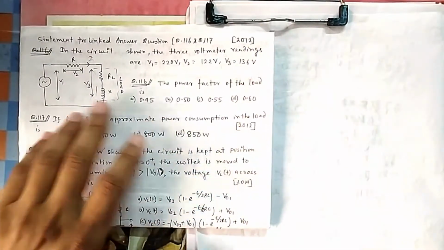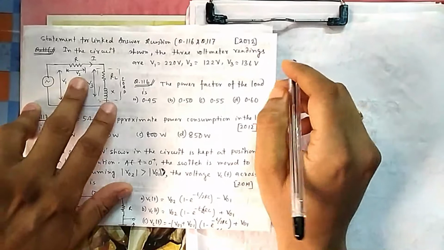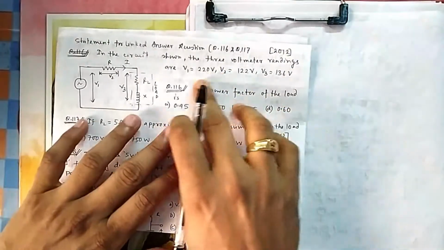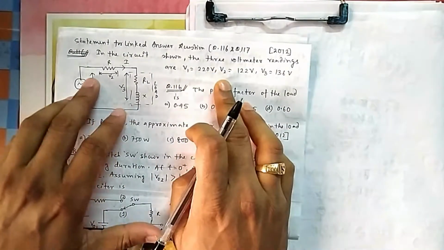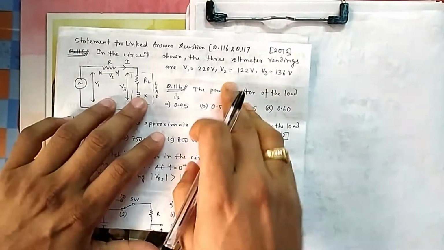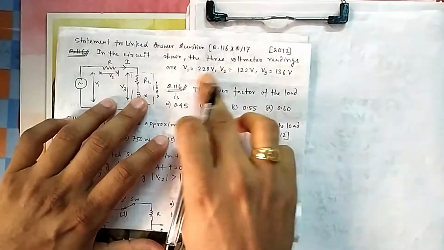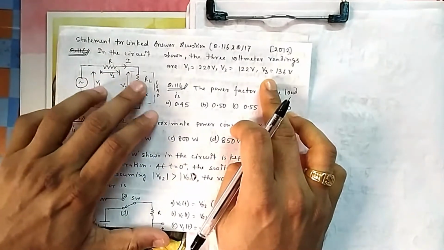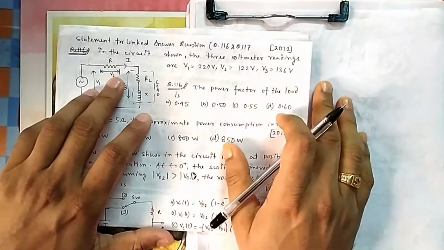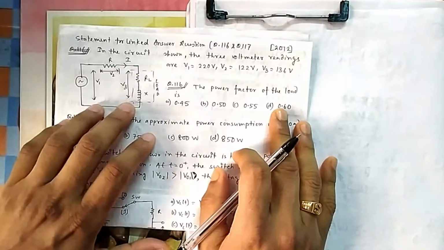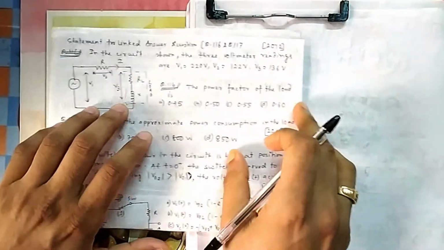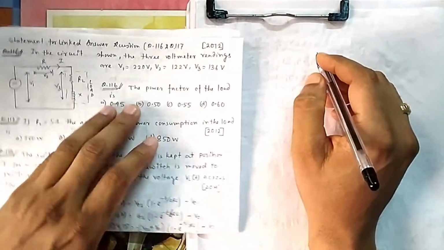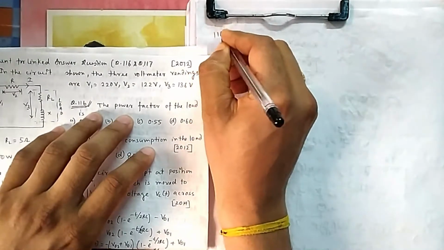So if I draw the phasor diagram of this one, this is simply an RL circuit. I take I as the reference, so that I can understand, because all these voltages V1, V2, V3 are not in the same phase. You cannot simply add them because they are all vectors. Their angles will be different. Had it been all resistance, then all should have been in the same line. But here inductance is there, so obviously there will be some phase displacement between them. To understand that, I am plotting the phasor diagram.